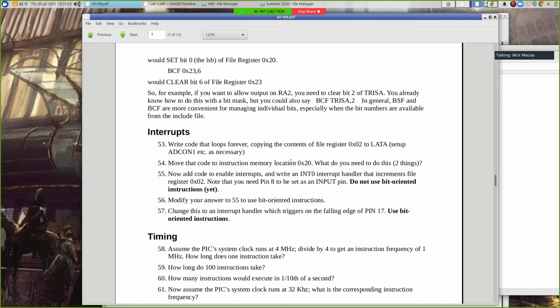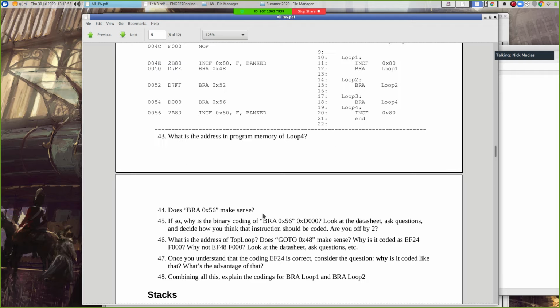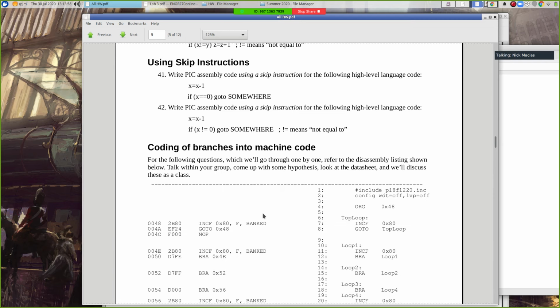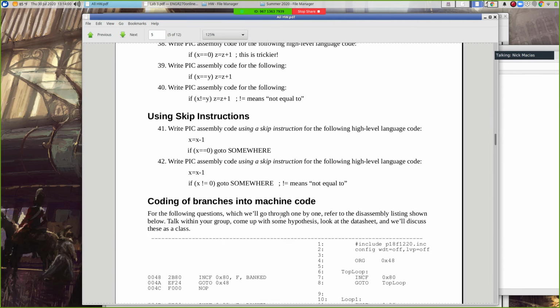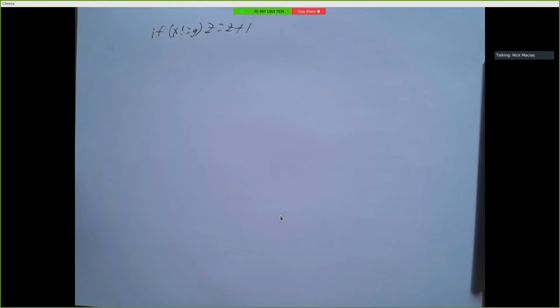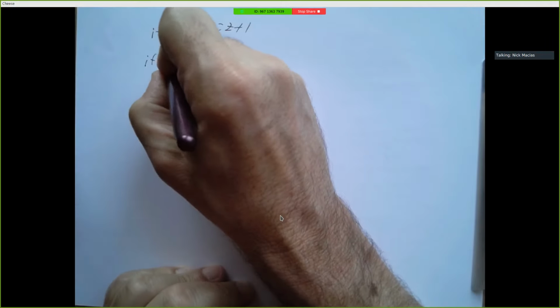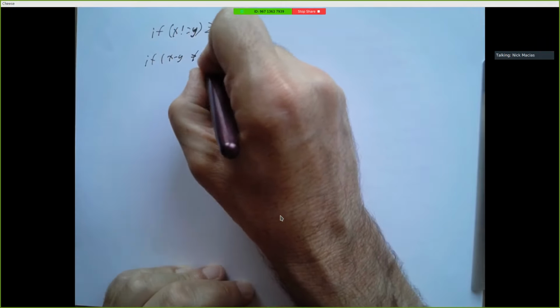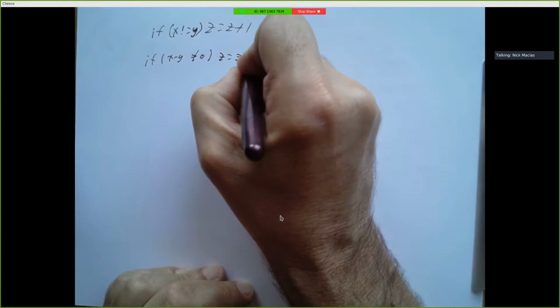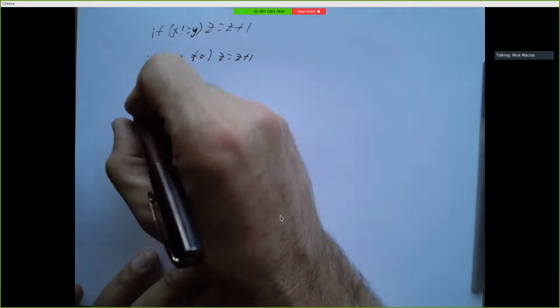All right. So there was a question on my other login, but going over question 40 just to make sure that we're clear. So let's talk really quickly about question 40. Question 40 is saying if x is not equal to y, set z equal to z plus 1. Well, that's similar to saying if x minus y is not equal to 0, set z equal to z plus 1. So same idea,